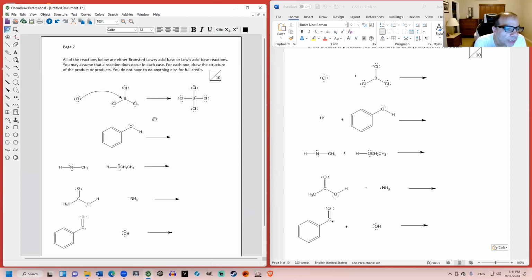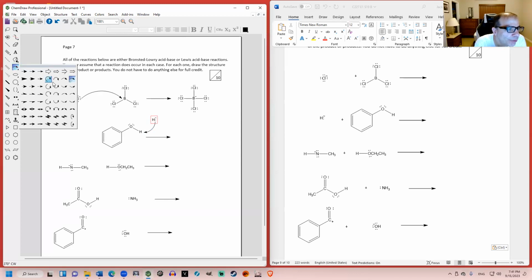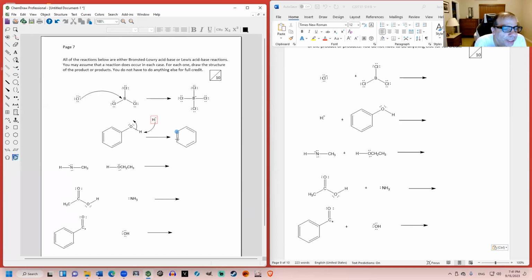In this case, hydride ion is our base. I'm just going to move it over here to make it a little easier for me. The hydride's the base. You can tell because it is a minus charge. And the hydride's going to pull the proton off of the phenol, which is benzene ring with an OH group. And so the final products are going to be benzene with O minus,